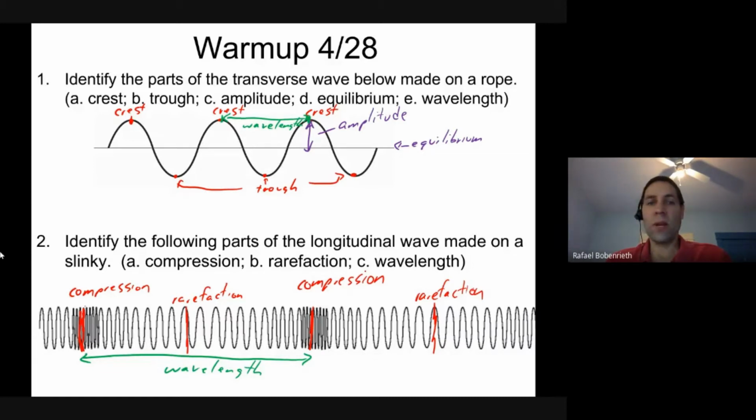David asks, why is the wavelength so long from compression to compression? I'm not quite sure I understand your question, David. On a longitudinal wave, the equivalent of a crest is that compression. If I was taking a snapshot at a moment in time, which is what this is, I would just measure the distance from the center of one compression to the center of the next compression, and that would be one complete wave, one wavelength. If that doesn't answer your question, feel free to ask a follow-up question.